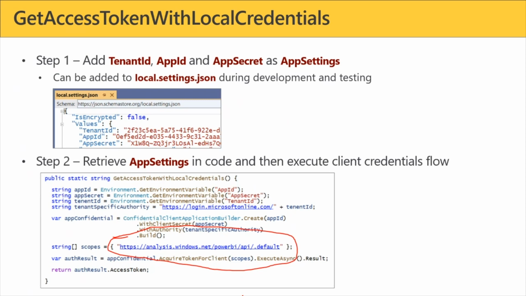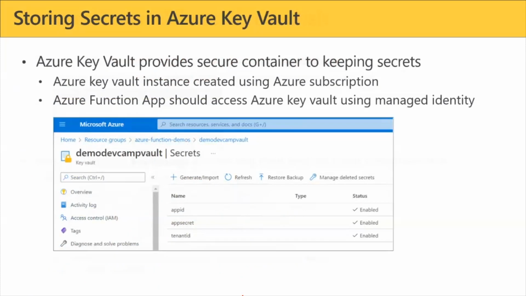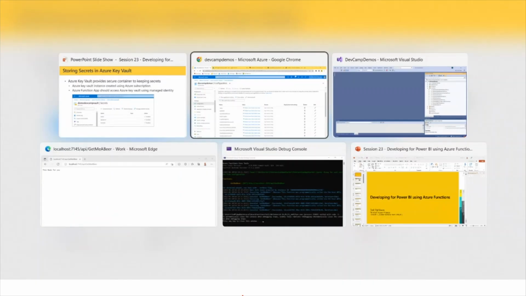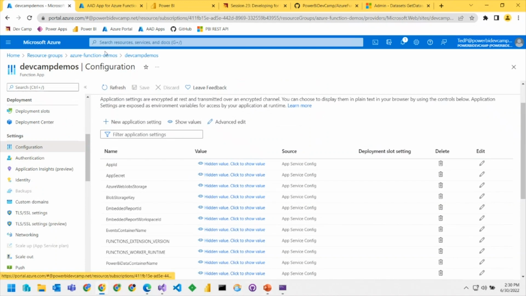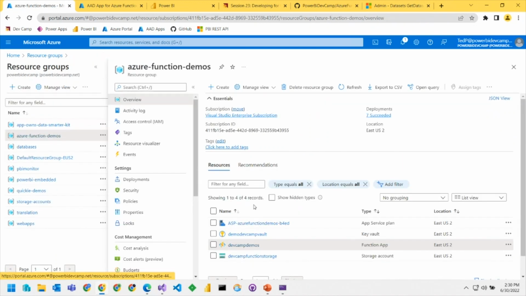Power BI knows what you can do by looking at how the tenant level configuration is set. Okay, now the next thing we want to look at: let's say that I decide that it's not secure enough for me to just have my app secret inside of configuration. So we'll go to,